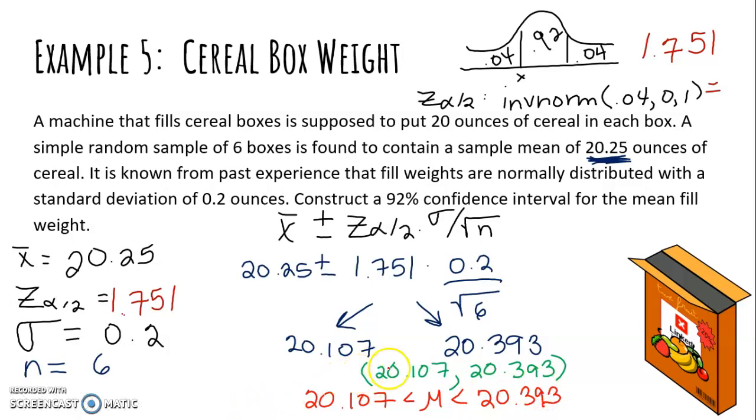So you can write it either way, in interval notation, or you can write it in inequality notation like that. But it will also ask you to interpret your answer in a sentence. So the sentence basically goes like this: we are, or I am, and then you're going to put in your confidence level. In this case, we are 92%